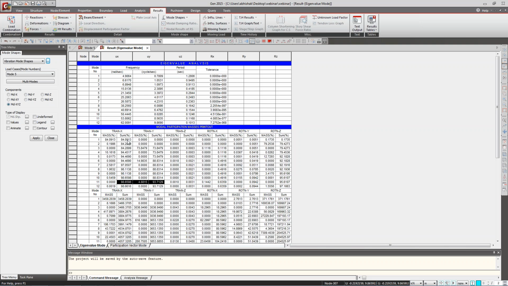Similarly, you can see in my x direction my sum value is 84. Similarly, y is 0. My second mode, my y value is 0, and my last, the third mode shape, my summation value in the x direction is 84, but at that time my summation value in the y direction is 73. So you can see the first two modes are in the x direction, and the third mode is in the y direction. According to this,